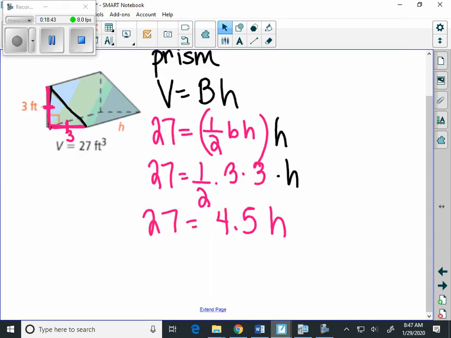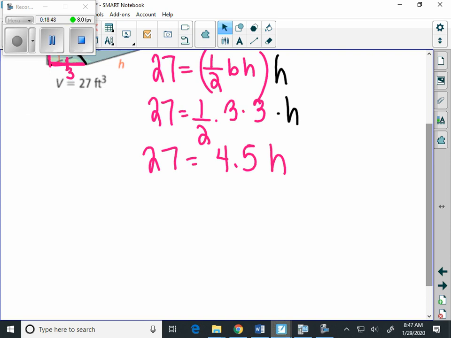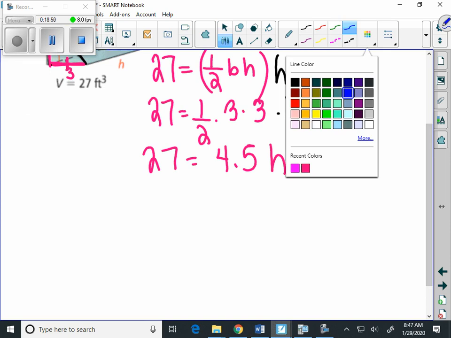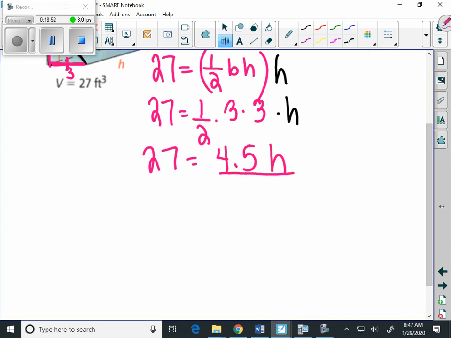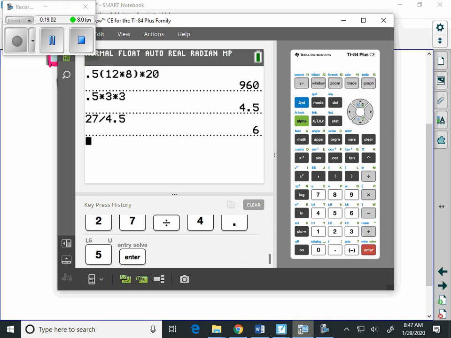That's where the 4.5 came from. And then lastly, what we want to do to figure out the height of this figure is divide, because it's 4.5 times H, so we have to undo that multiplication by dividing by 4.5. And 27 divided by 4.5 gives us 6. So our height